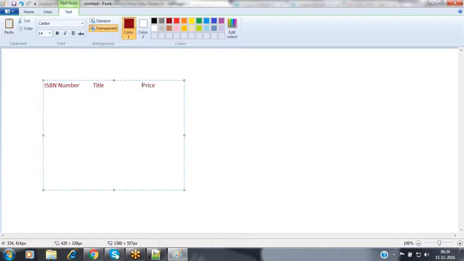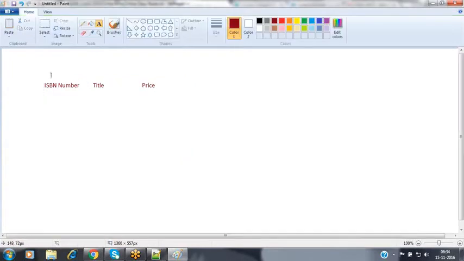So now these are the three columns inside my table.